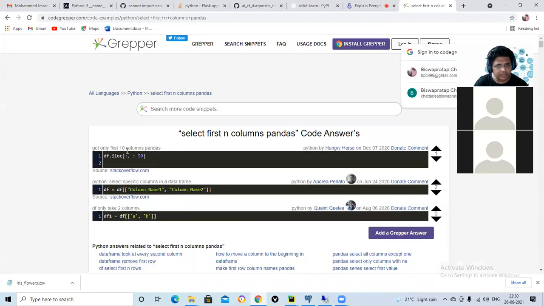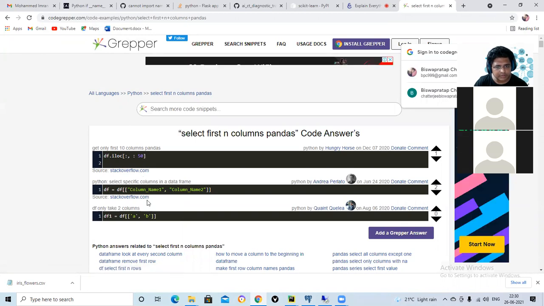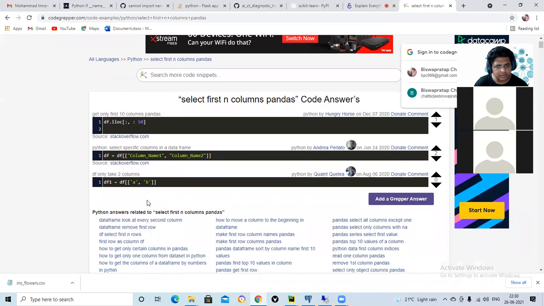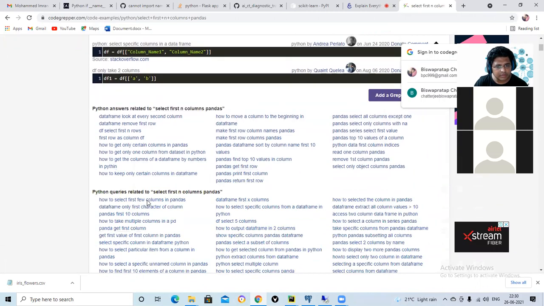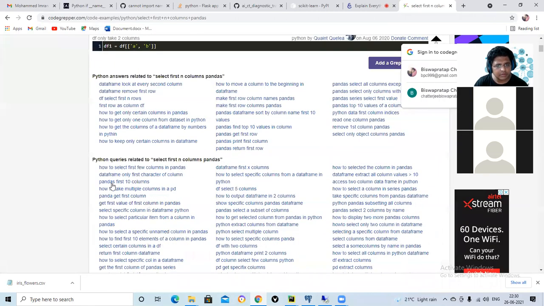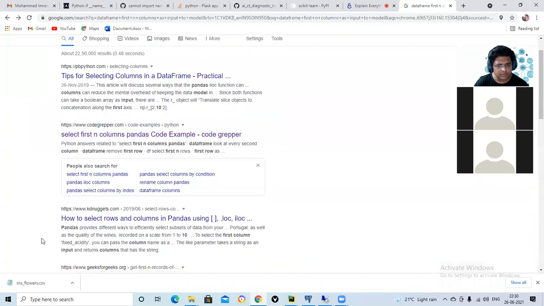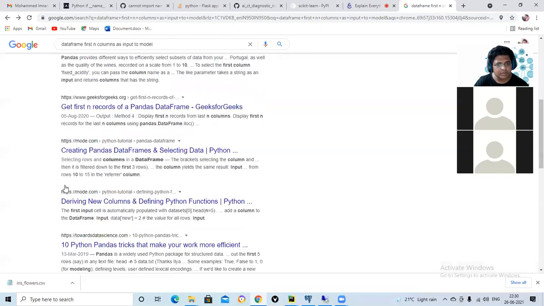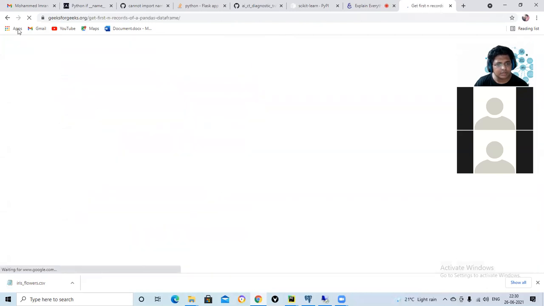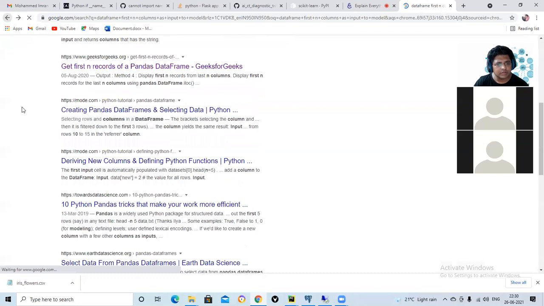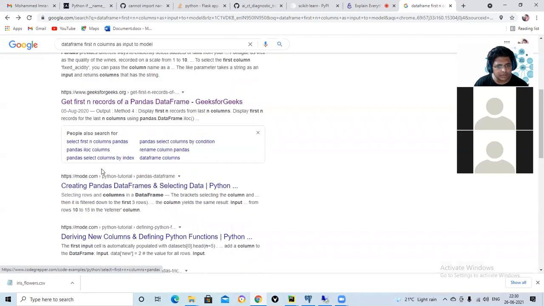Get only first 10 columns. Get first n columns, only in columns.